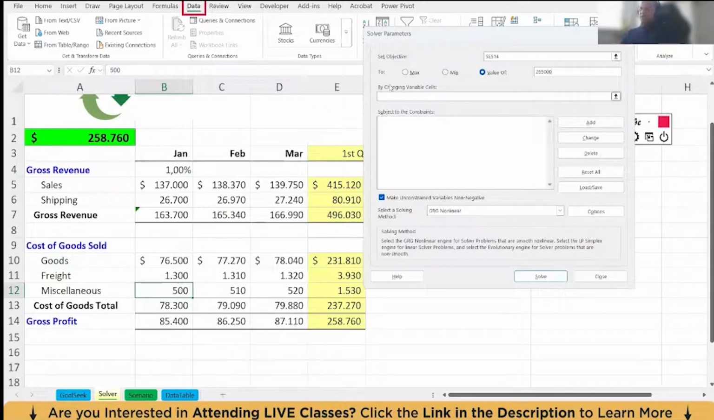Now it is asking you, by changing variable cells, which cells you want to change. So here I will select the sales, shipping, and let's say goods. I want to change three values, or three variables. So here in this